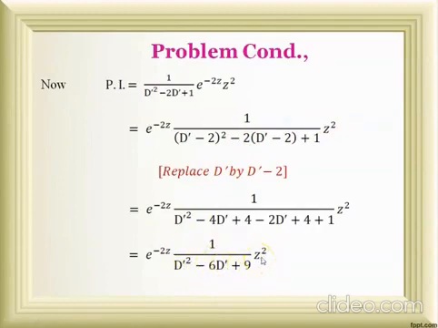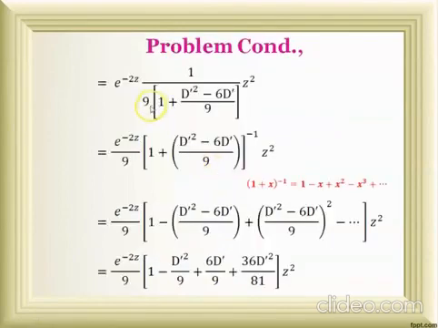We have only z square on the right hand side. While we are operating on the algebraic term, we need to make one of the denominator values into 1. It will be easy to make the constant value into 1. So therefore, I am taking this constant out. After taking 9 outside, I will get 1 in its place, and the remaining terms by 9. So I am moving the new denominator into the numerator. Then only can I apply the binomial theorem formula.